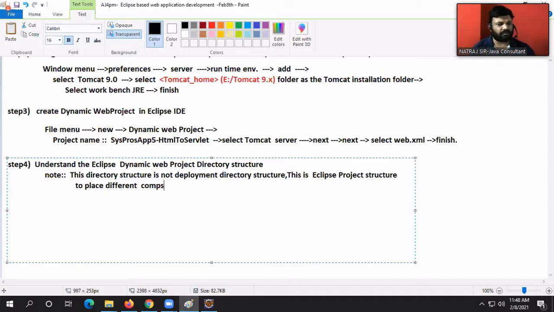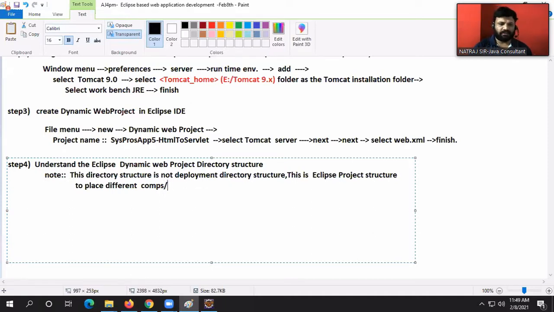Understanding my statement? This is the Eclipse project structure to place different components.